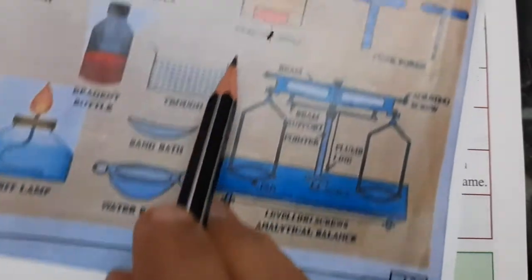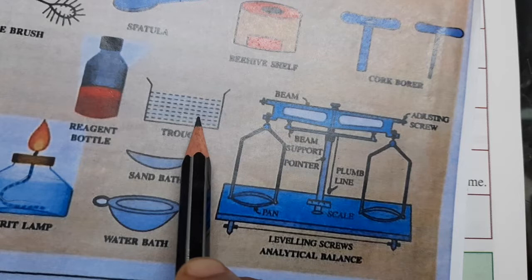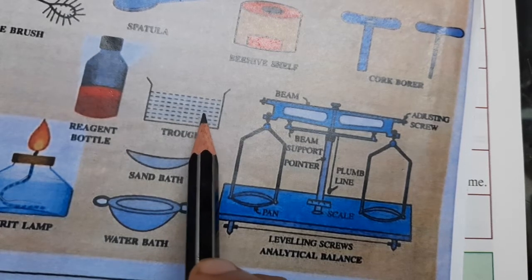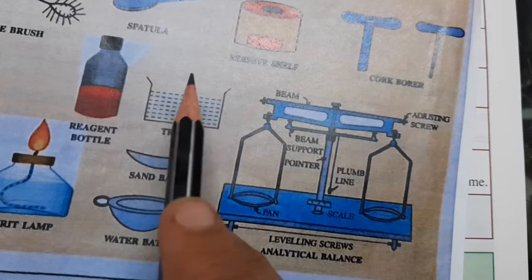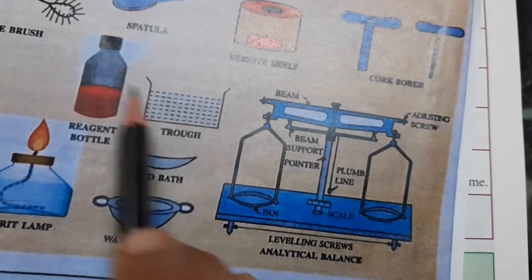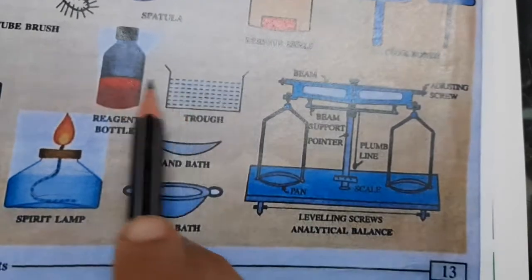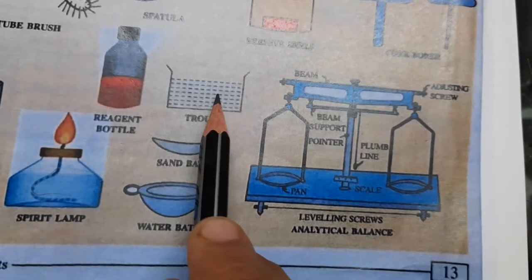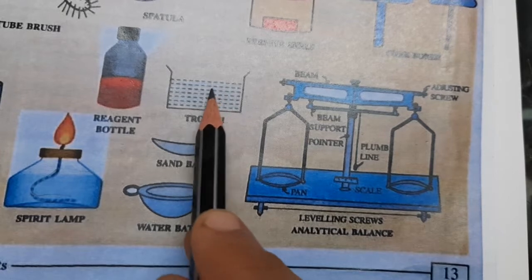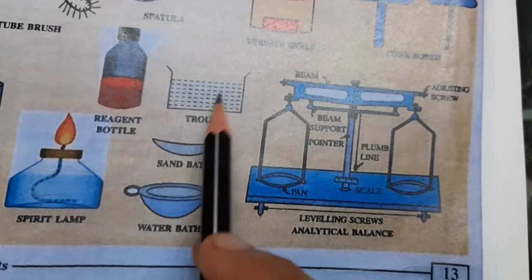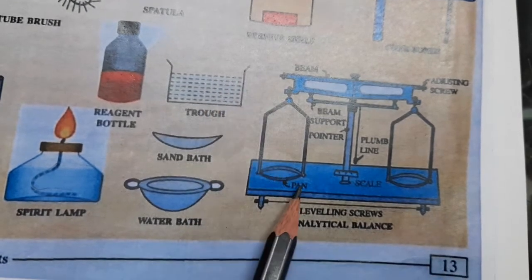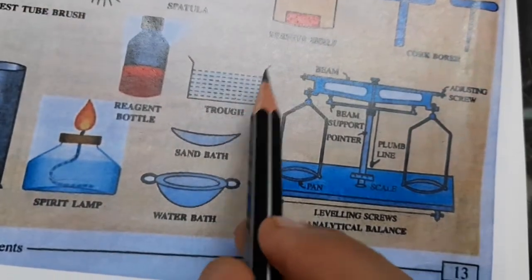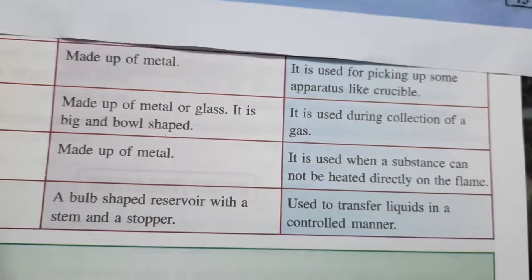Some gases which are not dissolved into the water, like carbon dioxide when it is produced, we cannot collect directly, so we transfer it into the water, so the carbon dioxide can dissolve into the water. So by this way we can collect the carbon dioxide. So that is the use. There are so many examples to explain this, but I am just giving you one example. You know carbon dioxide.